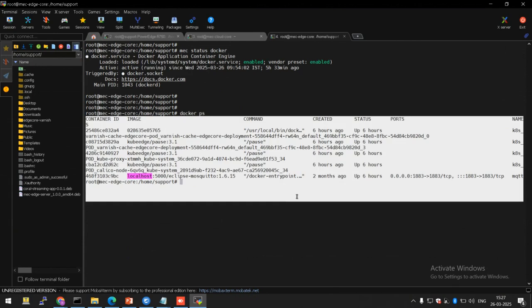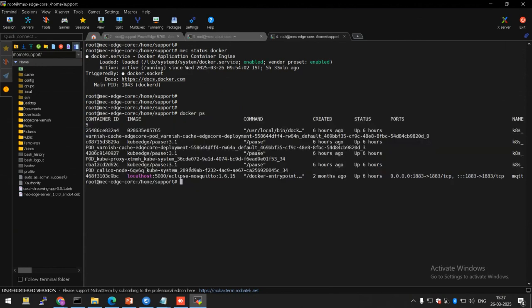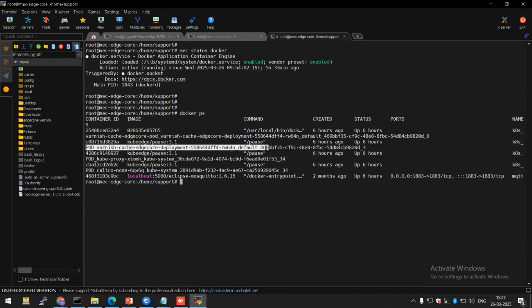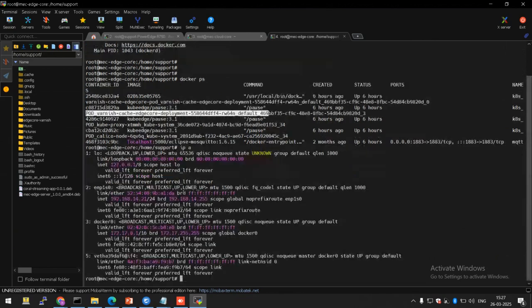These are the containers that are running on the edge machine. So we talked about the varnish. This is a container. This is the same container that is pushed from the MEC Cloud Core to the edge side. The IP address is